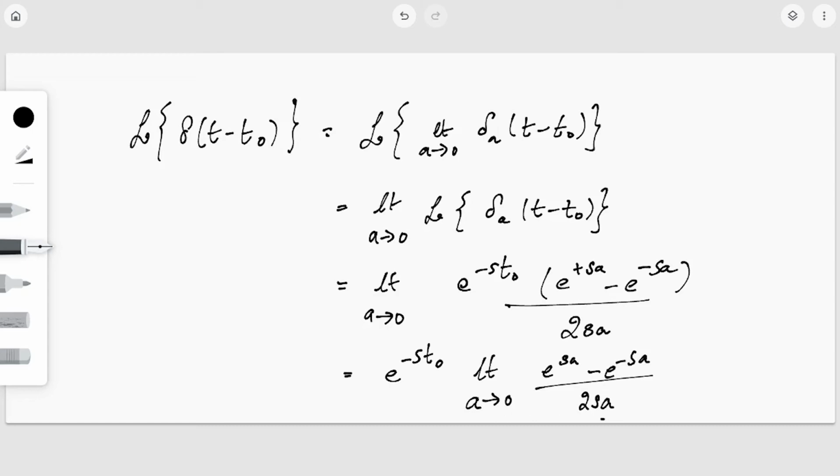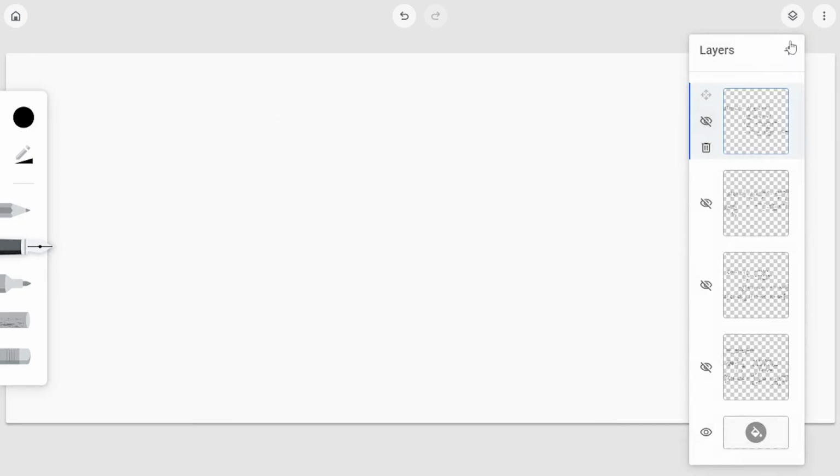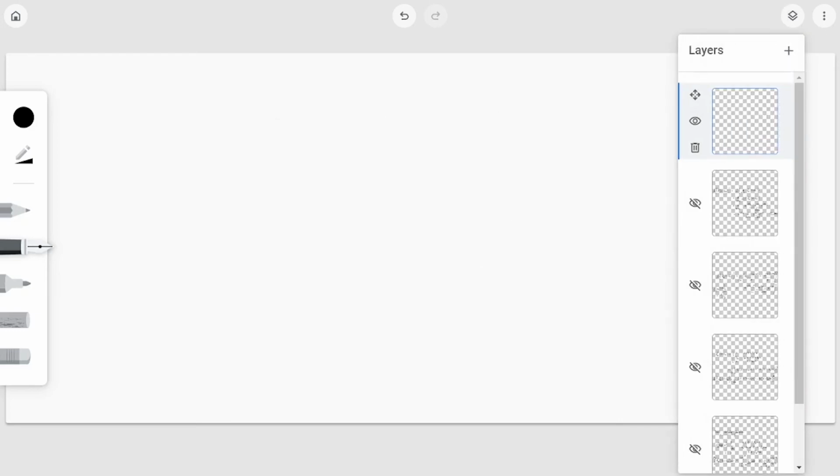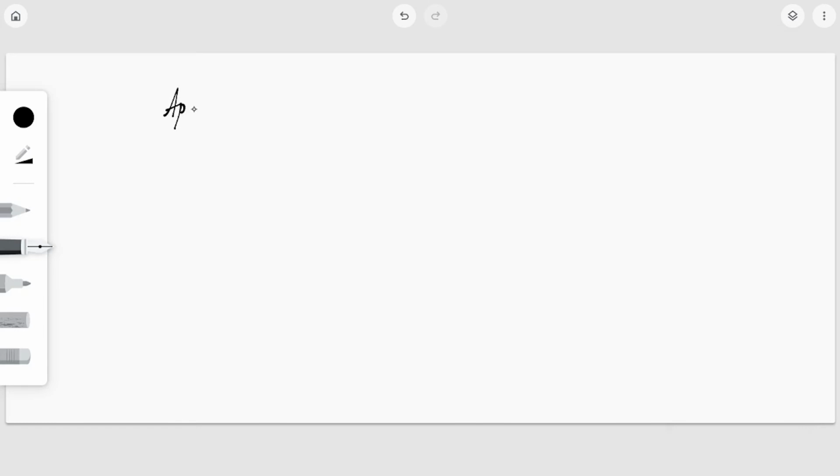You can see that when I apply limit a tends to 0, the numerator becomes e raised to 0 minus e raised to 0, that is 1 minus 1, which is 0, and the denominator is also 0. So when I apply the limit, I get the 0 by 0 form. You must be very familiar with it. Once we have 0 by 0 form or infinity by infinity form, we apply L'Hopital's rule, right? So applying L'Hopital's rule,